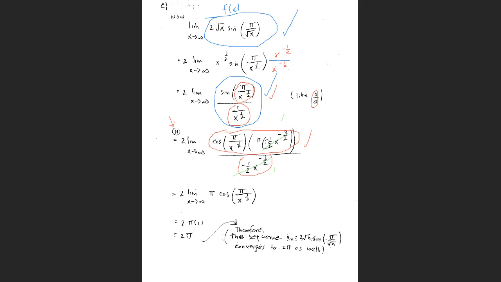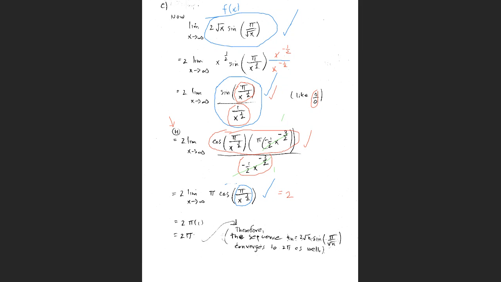And so, we're going to get 2 times the limit as x approaches infinity of pi times the cosine of pi over the square root of x. And then the cosine of pi over the square root of x, as x gets large, is going to go to 0. And the cosine of 0 is 1. So I could add a little intermediate step here. I could say this equals